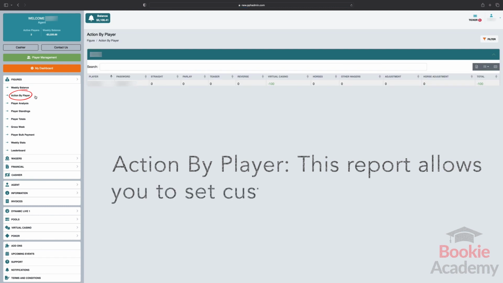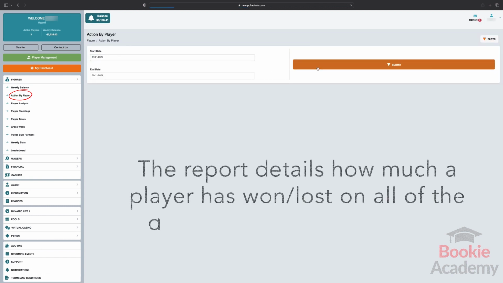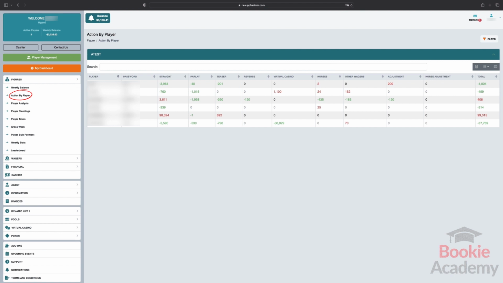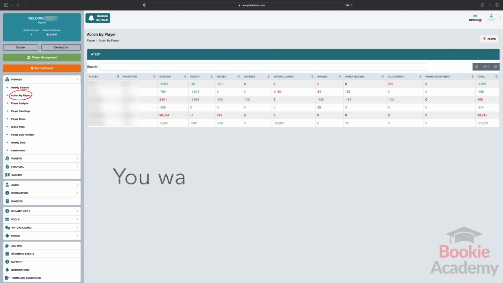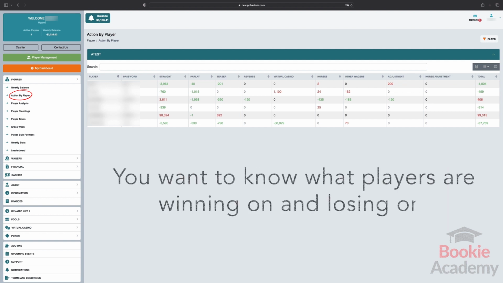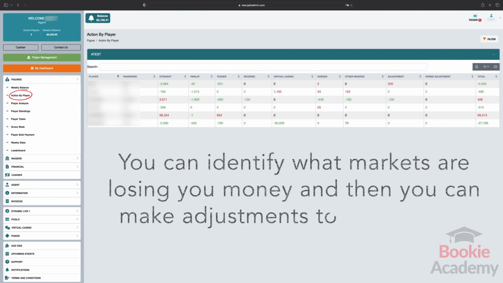Action by player. This report allows you to set custom dates. The report details how much a player has won or lost on all the different bet types you offer. The action by player report is one of the most important to analyze as a bookie. You want to know what your players are winning on and losing on. You can identify what markets are losing your money, and then you can make adjustments to your bookie based on